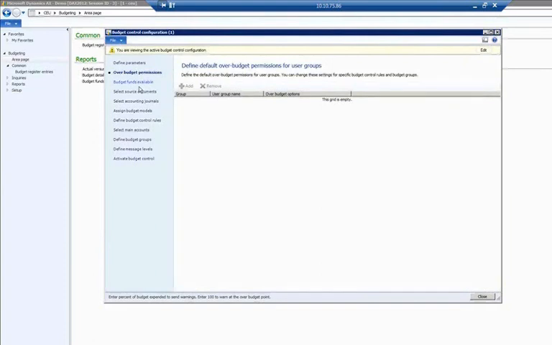rule or budget group. For example, assume that you have 3 user groups in Microsoft Dynamics AX 2012: budget manager group, a finance group, and an AP group. If you only wanted to allow users in the budget manager group the ability to allow over budget processing, you would add the budget manager group to the over budget permissions tab and then select the allow over budgeting process option. Users in the finance and AP groups are then prevented from processing source documents or accounting journals that exceed